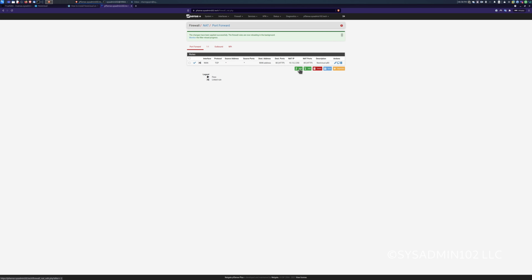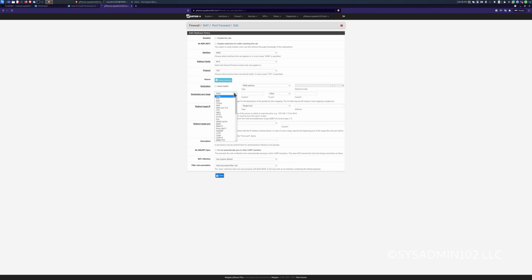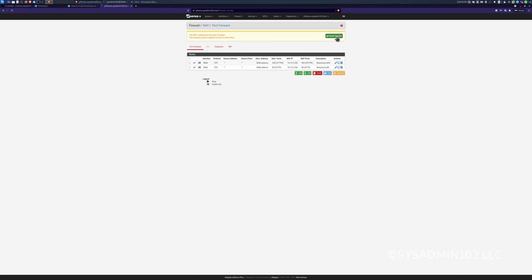All right, and I'm gonna add one more. It's gonna be HTTPS or 443. Same thing, we're gonna forward to the single host 10.13.2.250, and redirect it to HTTPS only. And we can name this Nextcloud 443. All right.